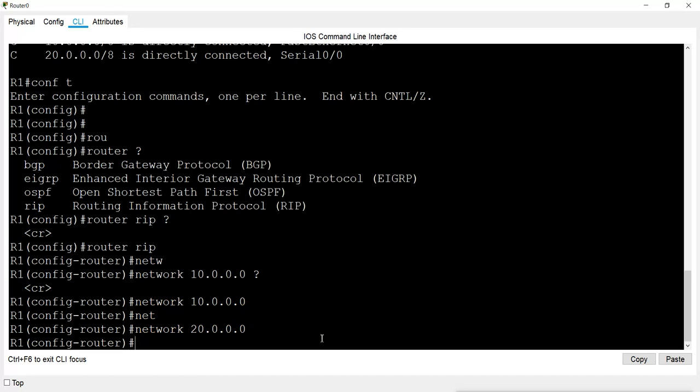And you can see how easy it is when you compare to static routing. It is done, you don't have to configure anything else. Whether you have 10 networks, 20 networks, 100 networks, you just have to mention only the connected network. Right now we have only 2 connected networks and I mention only that. Other than that, it will find automatically.